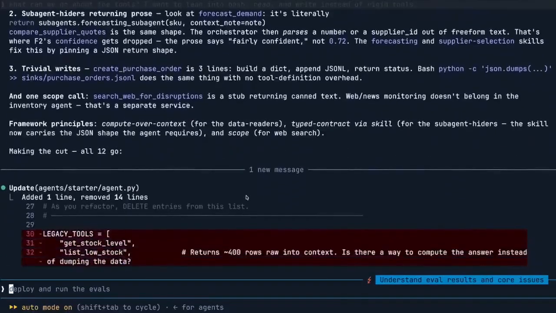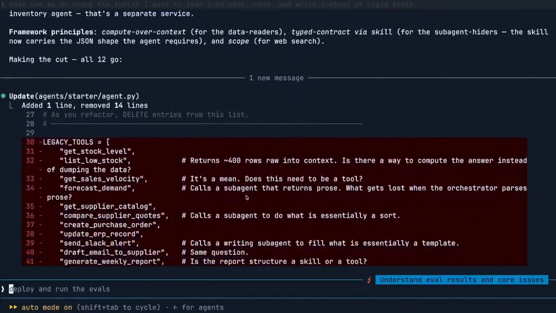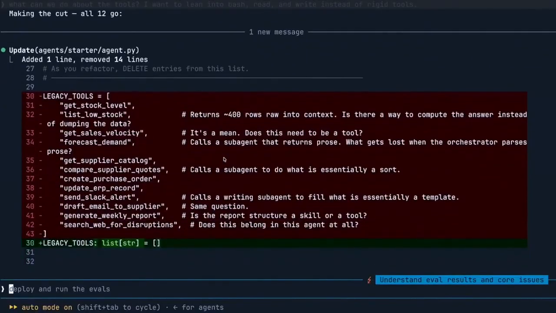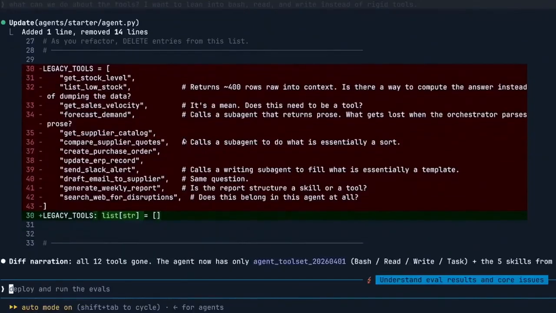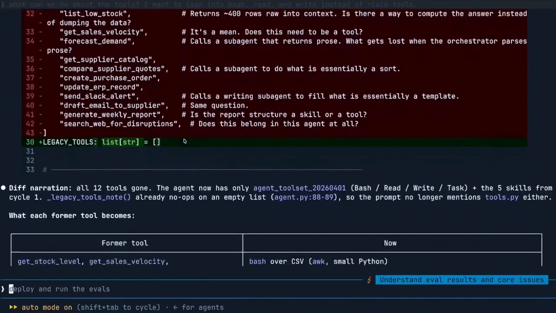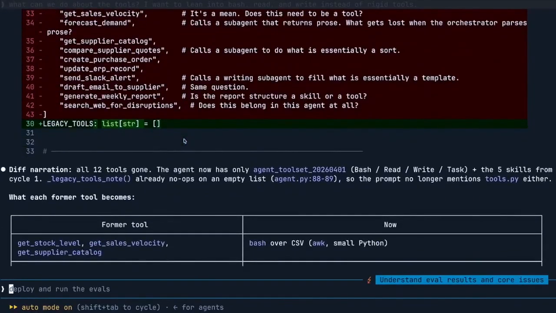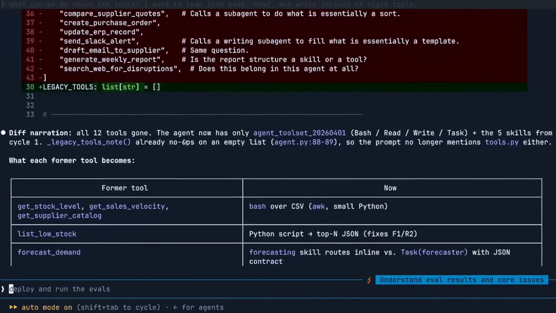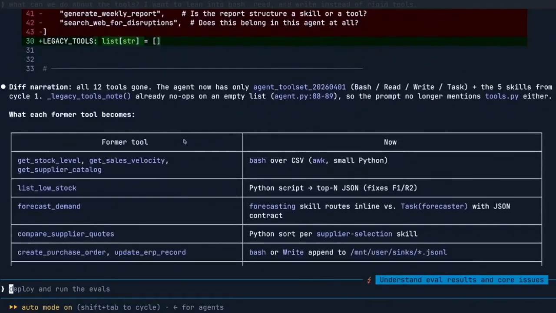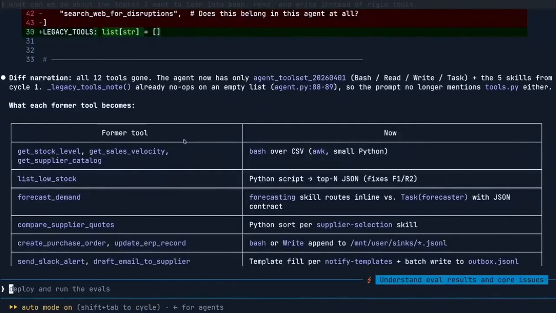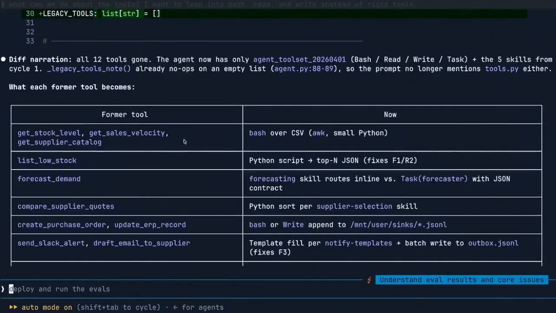So if I scroll down here, that's exactly what we did here. You can see we took a lot of steps and we actually removed most of the tools that exist within our agent, and we replaced them with some of the primitives that I talked through previously. This is an inventory management agent that leans really well to this. I have the ability to consolidate and remove a lot of the tools that I'm using to reason across Excels and reason across forecasting data